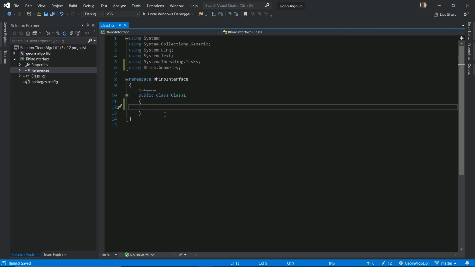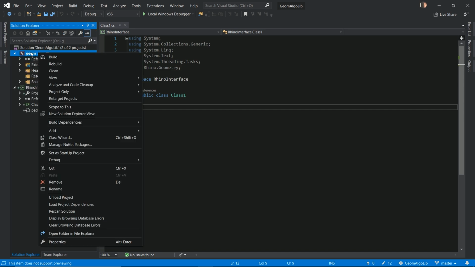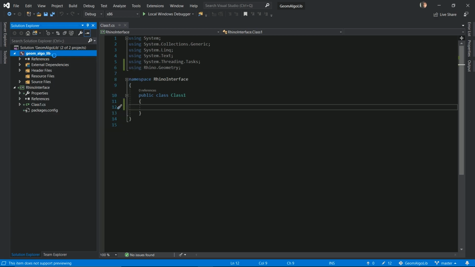So this video is essentially a setup video. I just wanted to set everything up before I actually start writing the first algorithm, which is probably going to be the next video. But yeah, so it looks like we're almost done setting it up. We're going to use P/Invoke, so we're going to have to do a couple more things to get the P/Invoke working correctly. Okay, so if I right-click on our C++ project and click on build,